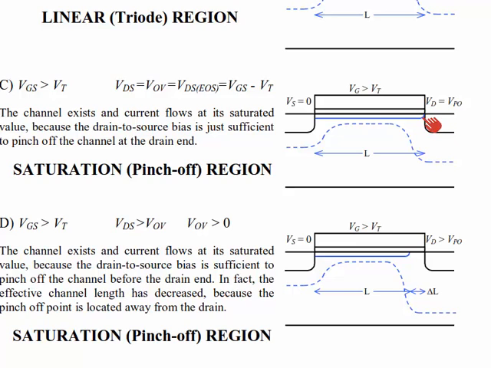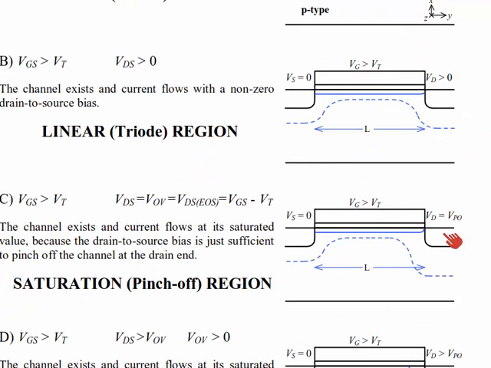So remember, the threshold condition happens when the channel carrier concentration just equals the bulk carrier concentration. In other words, we've just inverted the electrostatic potential in the channel compared to the bulk value. So the threshold condition means that we should have a lower electron concentration at the drain end of the channel. Right at that point, we say the channel has pinched off relative to the higher electron concentration, or carrier concentration, in the rest of the channel. The drain-to-source voltage in case C exceeds the drain-to-source voltage in case B, so we also expect a more reverse-biased body-to-drain diode and therefore a wider depletion region on the drain end of